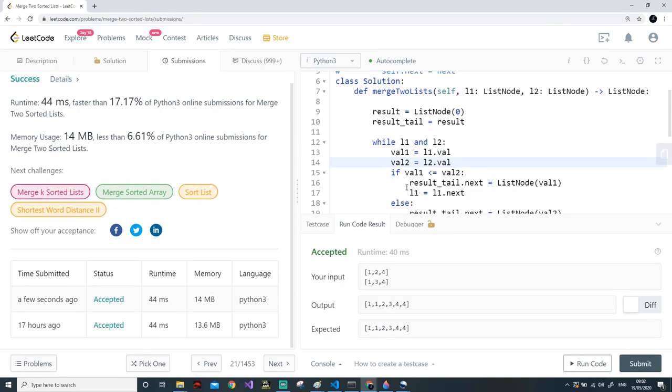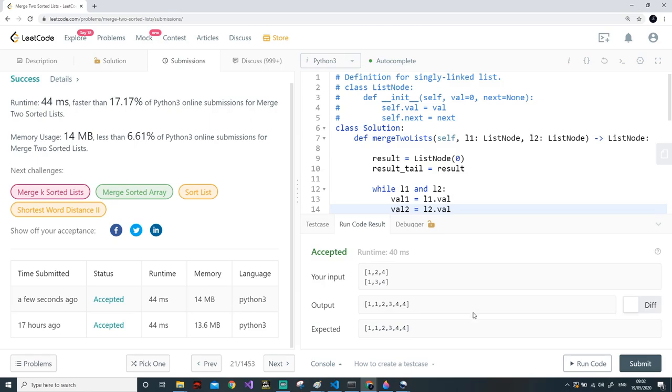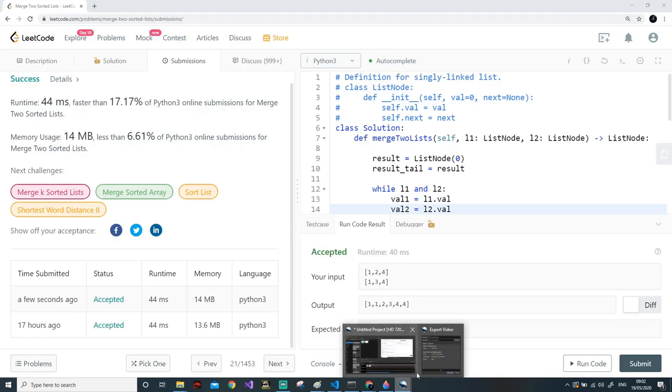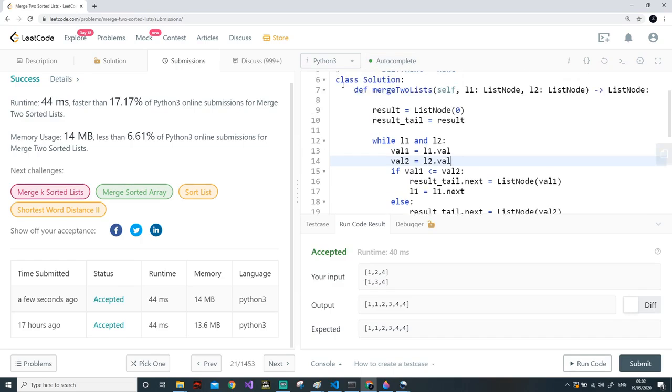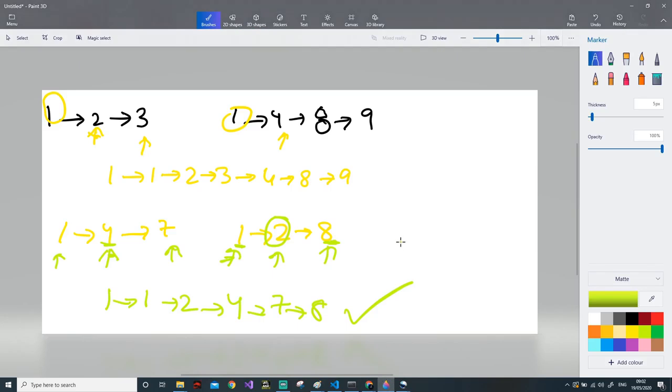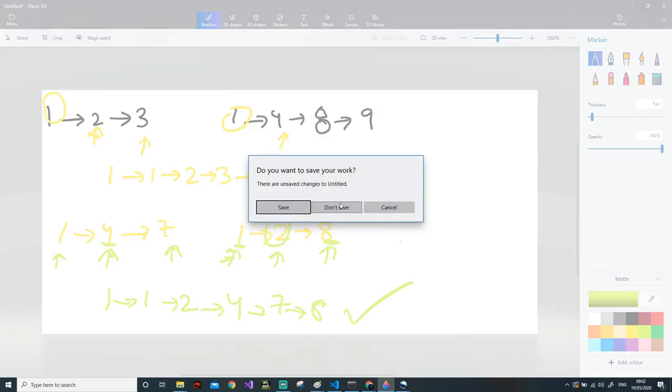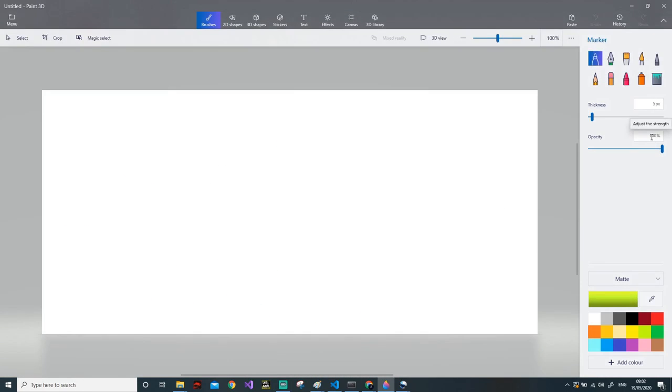Yeah, it is accepted. Now we will see why the solution has worked and what we have done using the result tail, because the complicated part here is only the result list being empty. The rest is pretty simple. So basically we have list 1, 2 and 3, and we have one more list 1, 4 and 5.